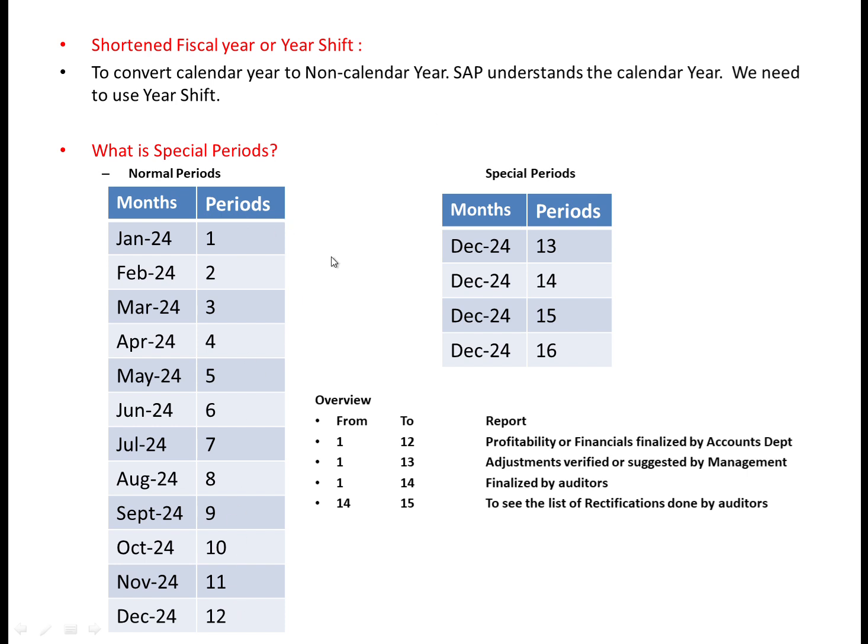because from 1 to 12 the financial year transactions will already be posted. Coming to the 13th period, after 1 to 12, they will perform all the profitability and financial related postings, which will be done by the accounting department. And after that the postings also will be done under the 13th period. After this, they will send it to the